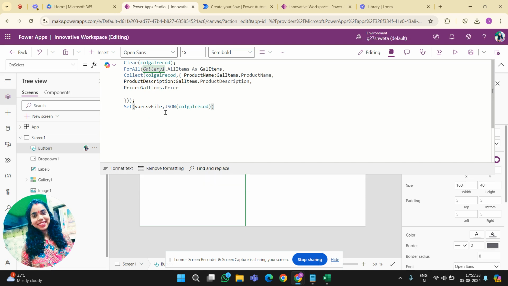So what we are doing here is converting our collection into JSON and storing it in a variable. The variable name is varCSVFile.